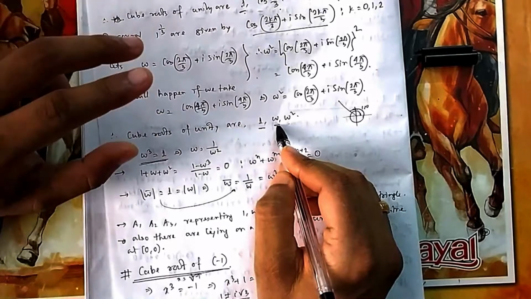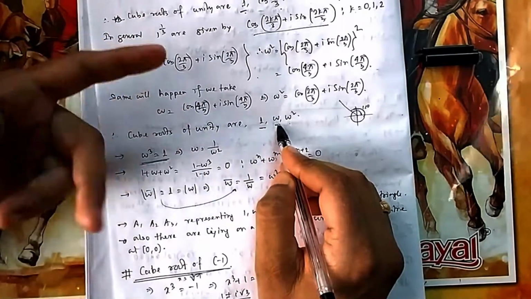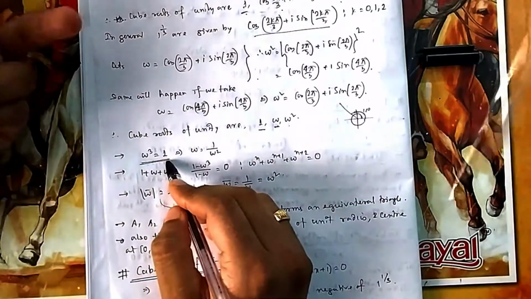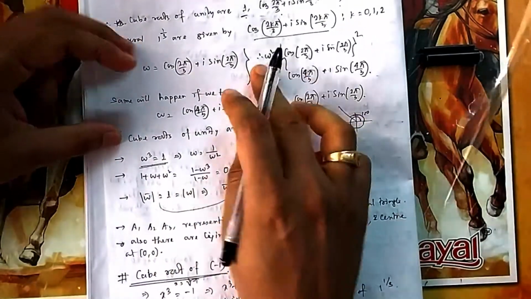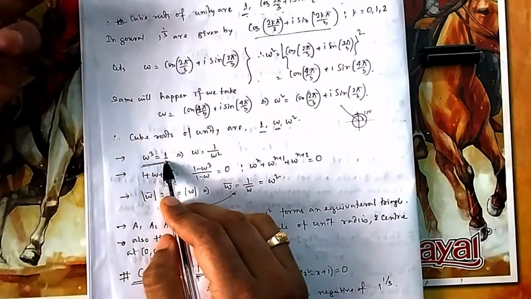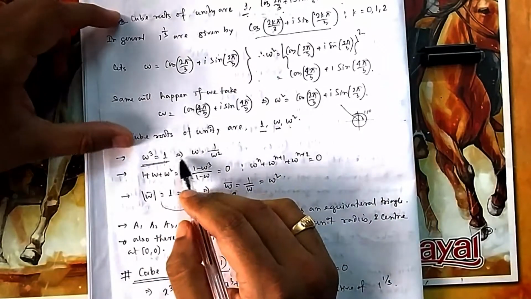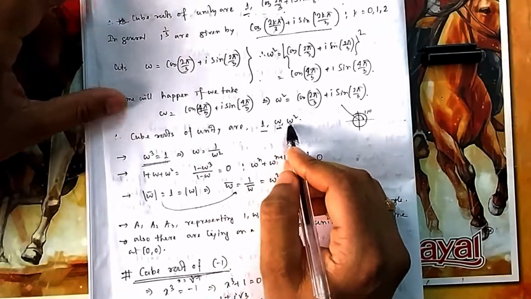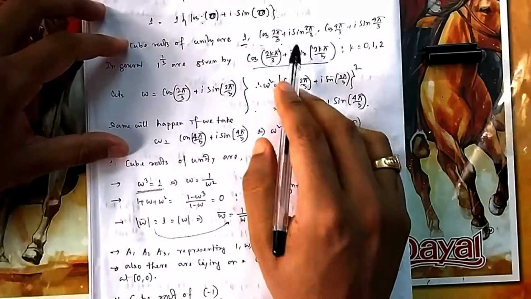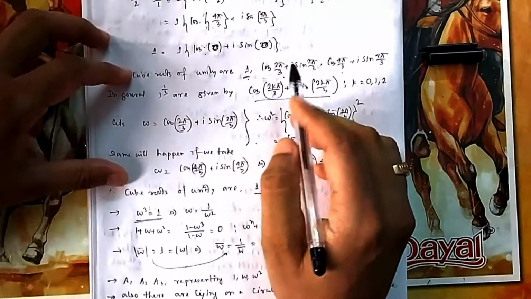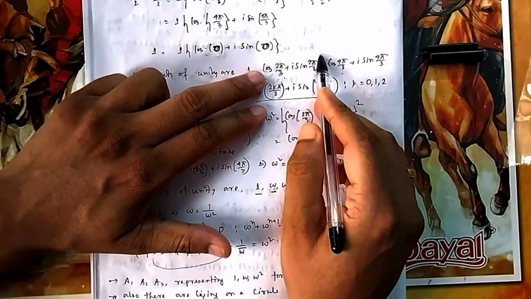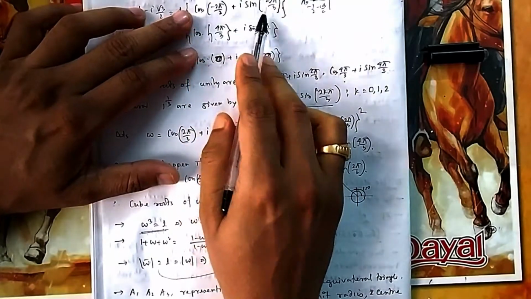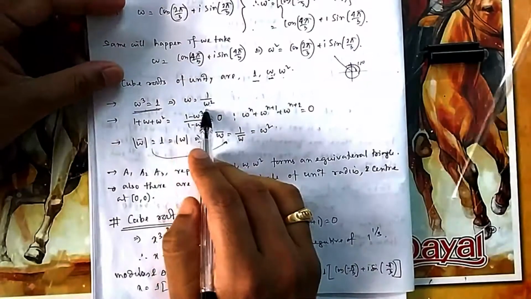If you have a square root and you square it, it becomes the original number. So it is the cube root of 1, so if you take the cube, it should become 1. You take one number, cube it, and it will become 1. That means omega is 1 by omega square, that is, reciprocal. So these two are very funny, they are reciprocal to each other. If you invert this one, then minus will come: if one is 2 pi by 3, the other is minus 2 pi by 3. So they are reciprocal to each other also.